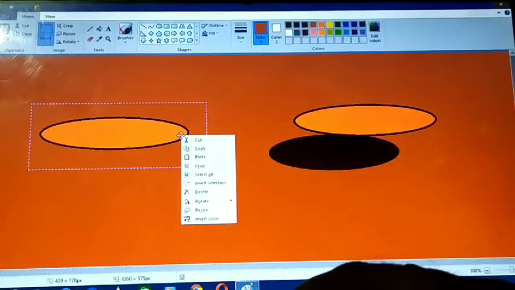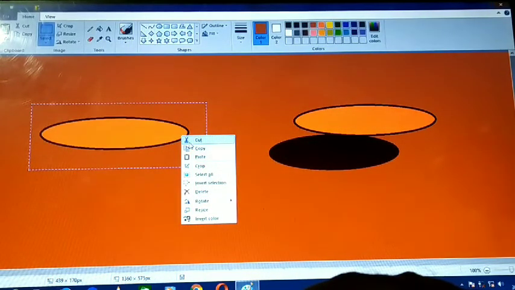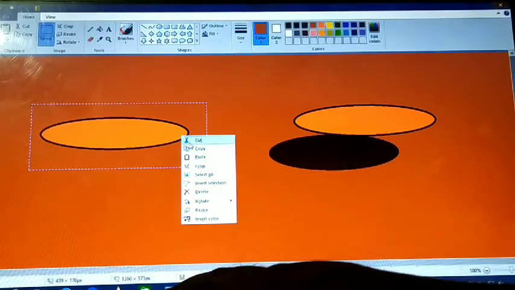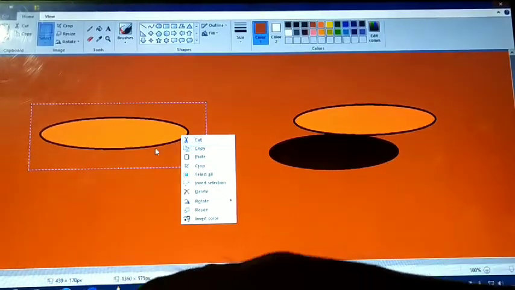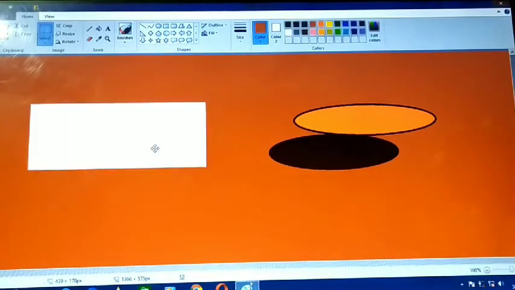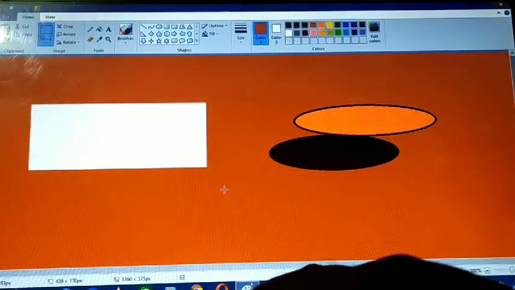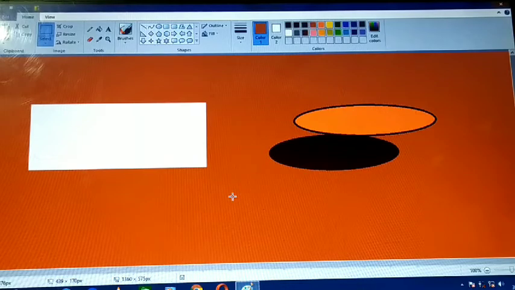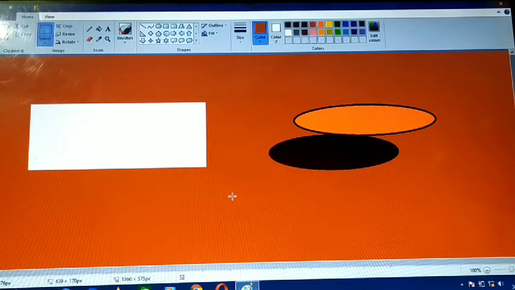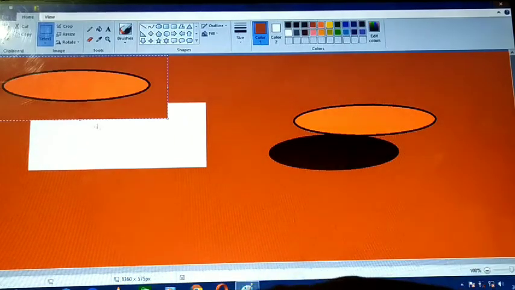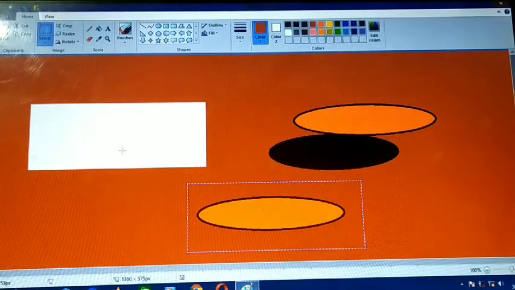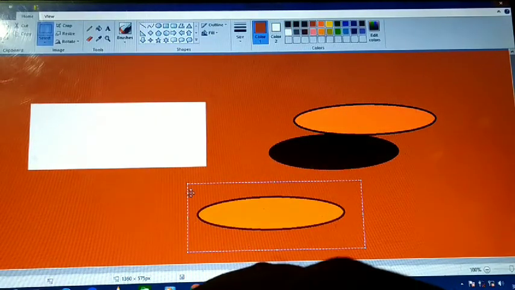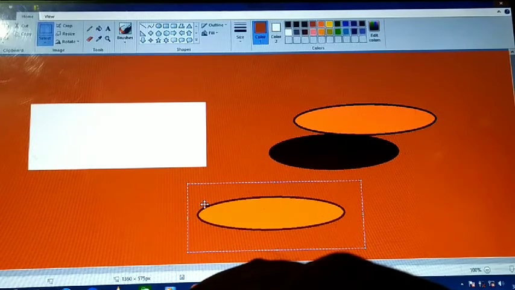Right click and cut, or you can directly press Control plus X, and it will be cut. Control plus V means pasting. So that is pasted. Somewhere you want, you can paste. You are seeing that from this part it has been removed and it is pasted here.